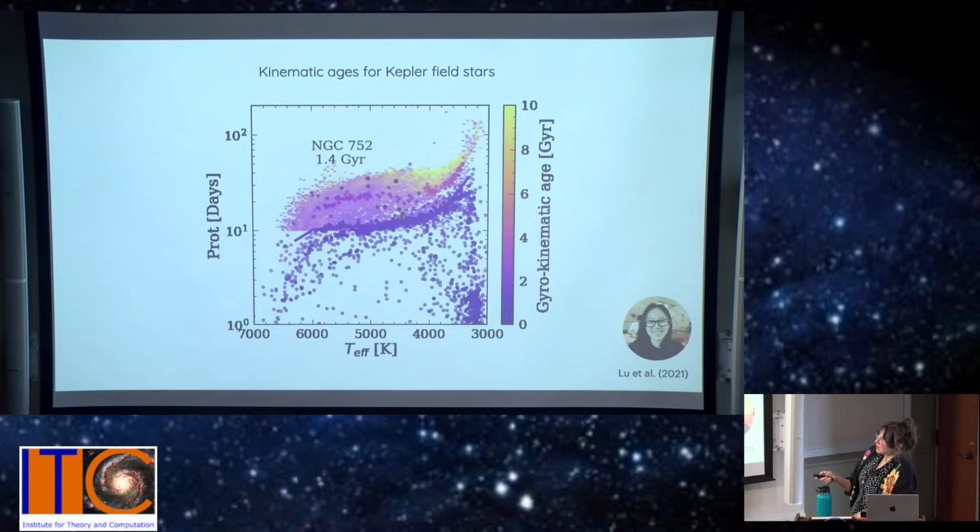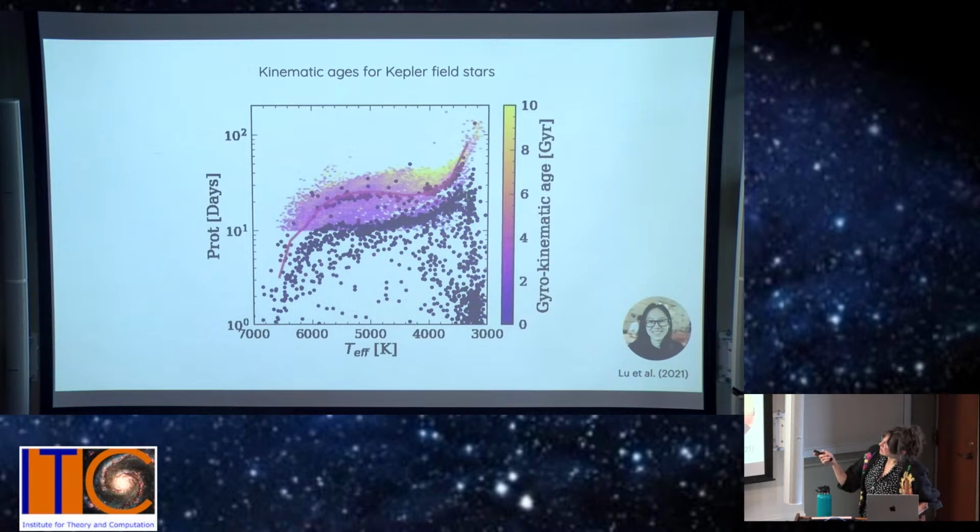This movie steps forwards in time and plots a line which is the average period at that age, and you should see that the line here, which is representing the gyrokinematic ages, falls quite neatly on top of the clusters and actually shows pretty incredible agreement,